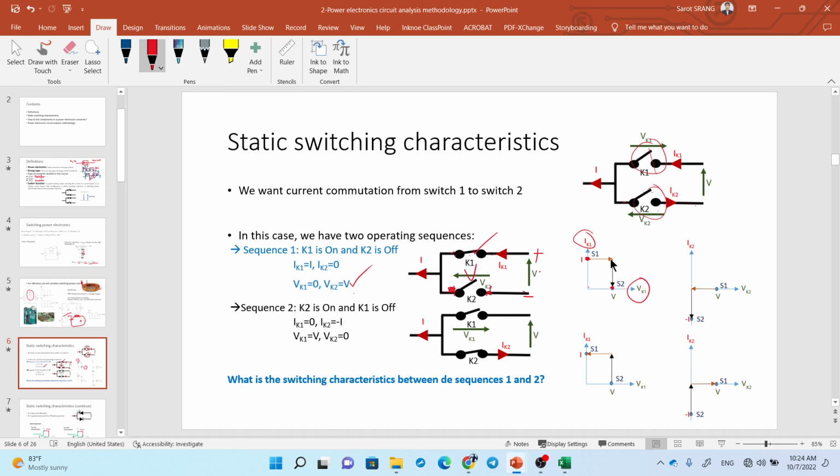But how do we know it goes this way? Why not this way? Because there's no